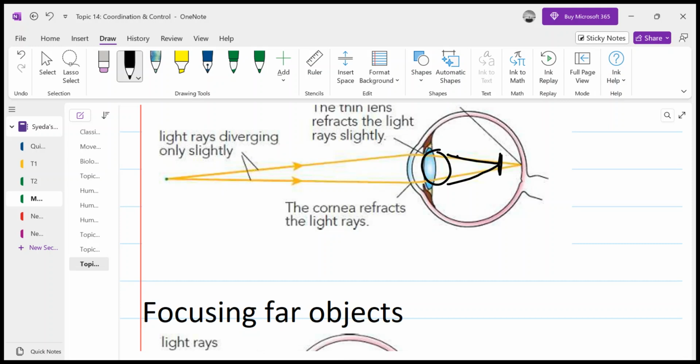And if the object is quite far from us, this light does not have to be focused more, because the light coming from that object is less divergent. So this less divergent light does not have to be focused more. That's why our lens is not that much bulging. You can see the shape of this lens, it is an elongated shape. The main purpose is to make the light focus on this retina.